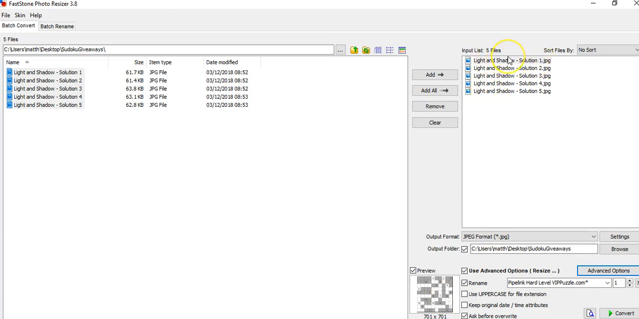Now another thing I like about this software is you can actually change the name on each of these here. So for example, because I have the website vippuzzle.com, I can just type in any kind of thing along here at all. So basically these are light and shadow images, so puzzle images. So what I'm going to do is